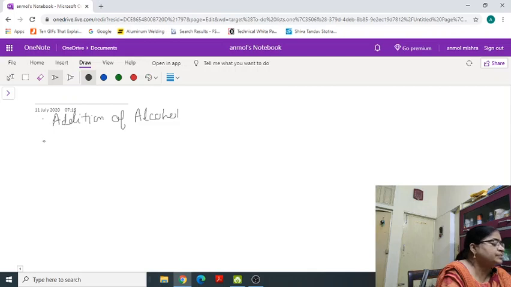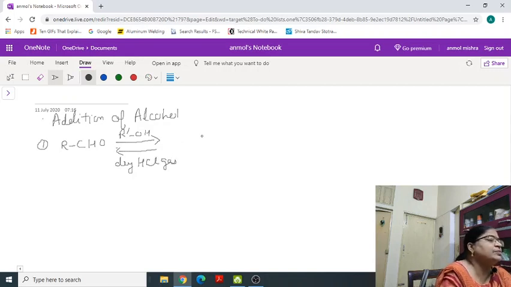Addition of alcohol. Now aldehyde reacts with alcohol in the presence of dry HCl gas. In the presence of dry HCl gas, it forms hemiacetal. This is R dash, so this will form OR dash. This is called